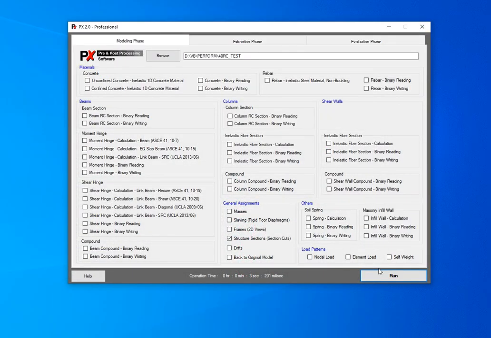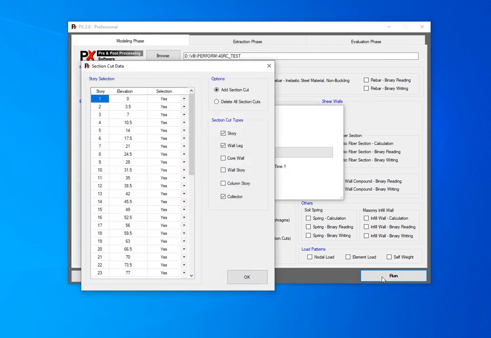It's time to define the new section cut in the model. You can imagine if you don't design anything at the first time, you can use this option to help you, because defining the section cut also takes time. You may have a section cut for the story, for the core wall, for each leg along the height. It will take a very long time to define. So this option will help you.